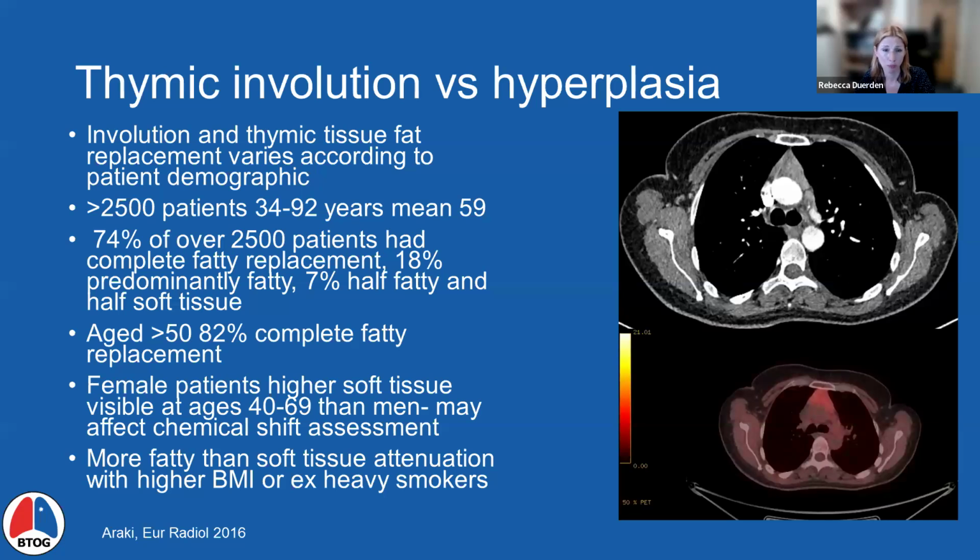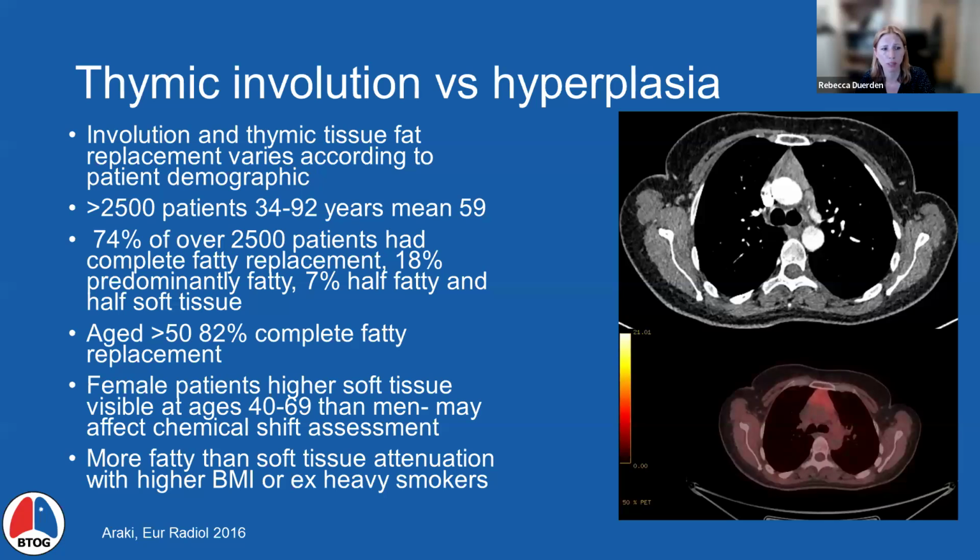Mostly it's to do with the shape of the thymus and the other characteristics that you can see on the imaging that you have. So we do have some more data on this, and a study published in 2016 covered more than 2,500 patients with a mean age of 59 years. And that showed that in over 2,500 patients, about 3/4 had complete fatty replacement of the thymus. But there was a significant proportion that didn't have complete involution, and about 7% had both half fatty and half